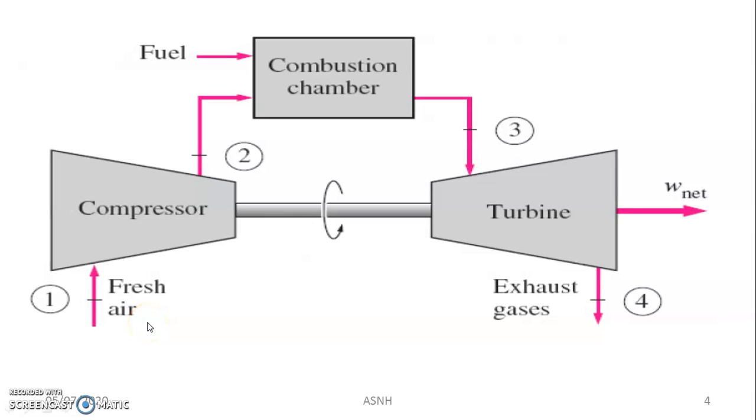The main difference between the closed and open cycle is that the working fluid is continuously recirculated in the closed cycle, but it is not continuously circulated in the open cycle. The second main difference is that in the closed cycle the same working fluid repeats itself, but here it is not continuously repeated. The working fluid is definitely air in the open cycle, but the working fluid used in the closed cycle is a gas of good calorific value. So these are the two most important differences.